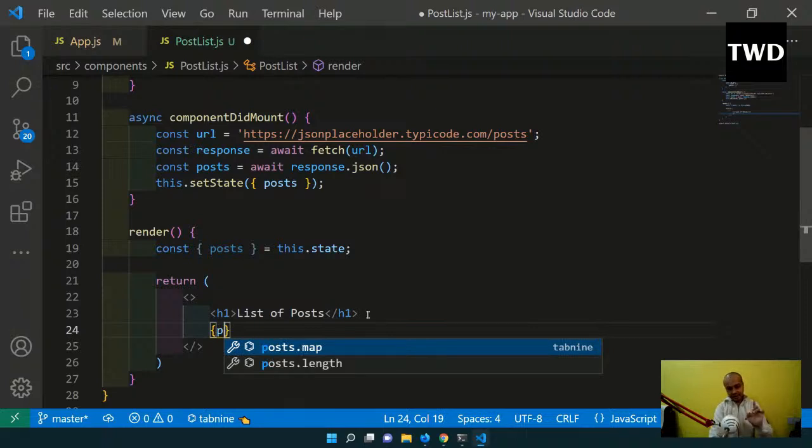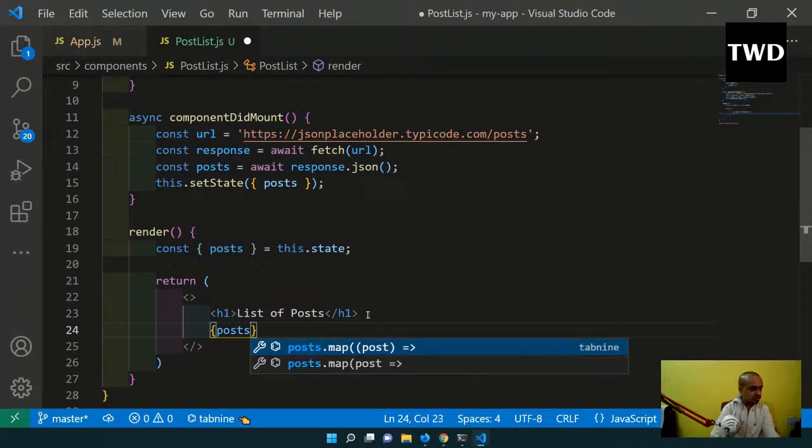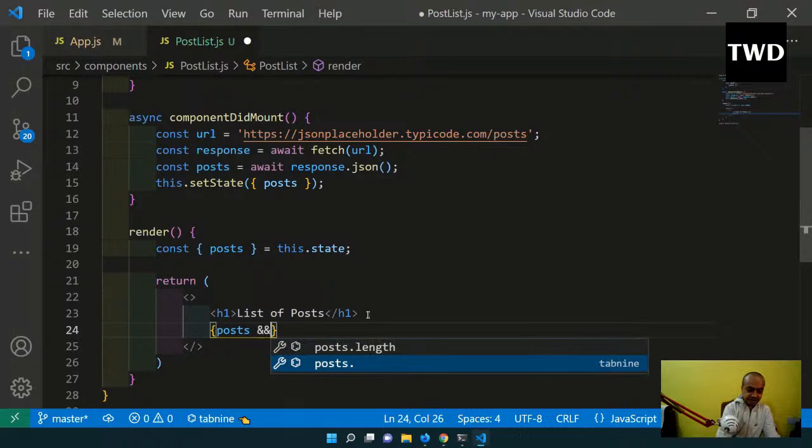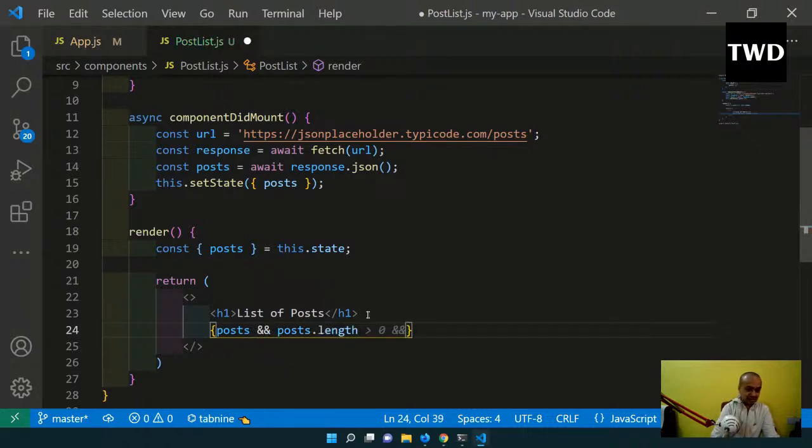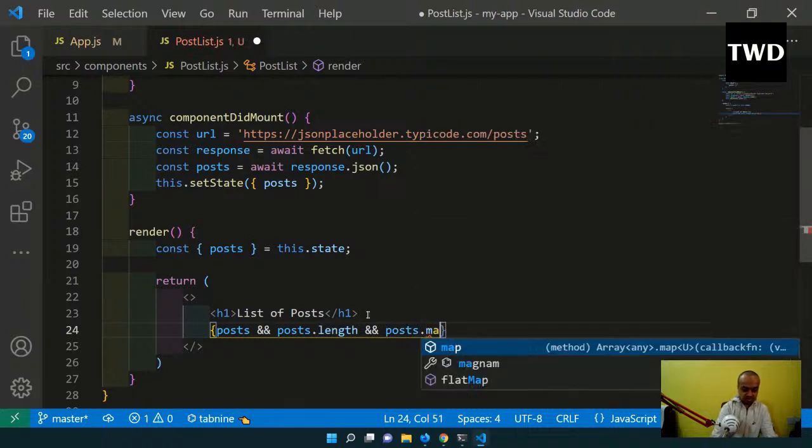See, all API calls take at least 1 or 2 seconds, so we cannot directly do the map, or else it will give an error. We are first checking whether the data is there or not. Posts, and then posts dot length also I'm doing. Length greater than 0 is not required. This is a short circuit operator, it will go to the right side only if this is true. Okay, then posts dot map